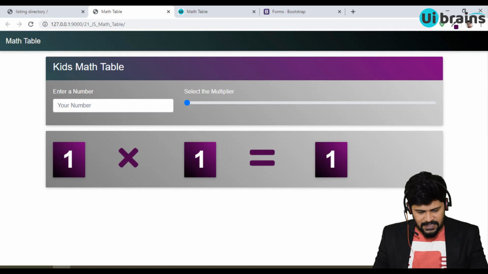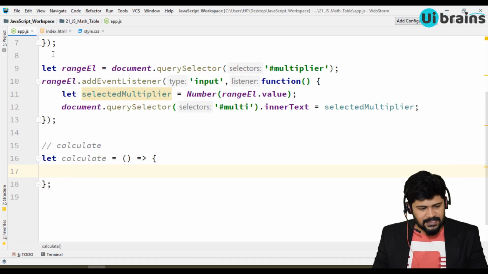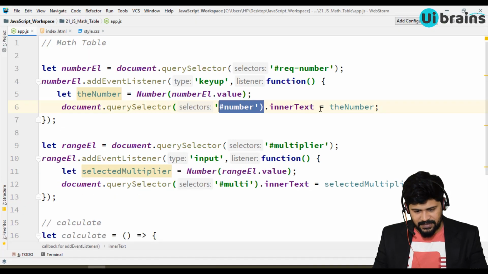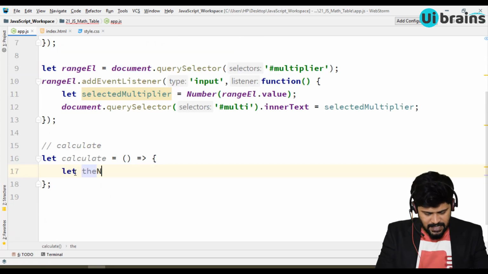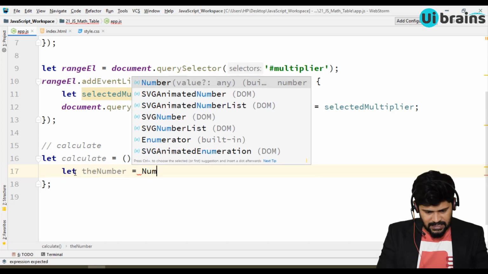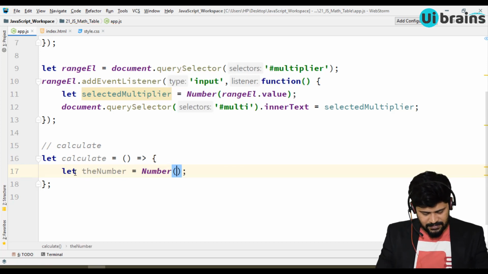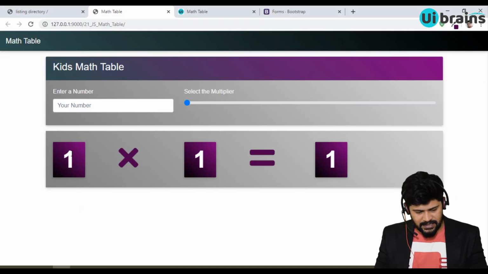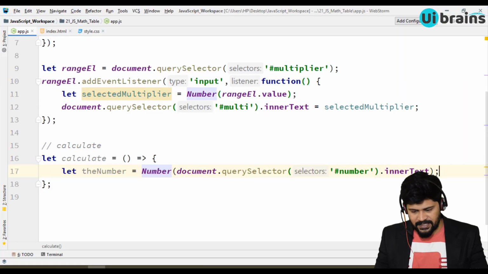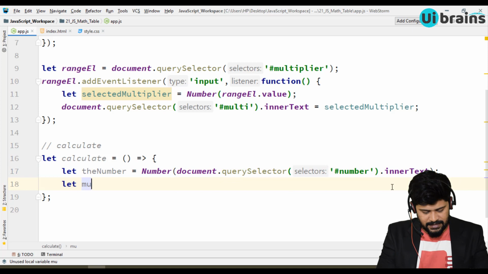Here I need to get this value and this value and implement over here. So how to get this value is from this element. Let number is equal to, I just convert to a number, document.querySelector of #number.innerText. This particular text I'm converting back to a number. And let multiplier is equal to, again converting back to a number.